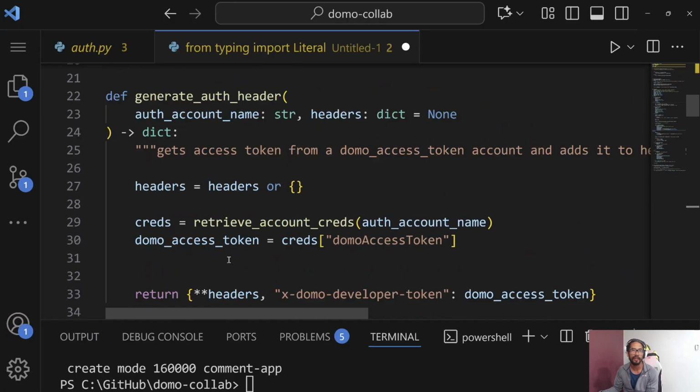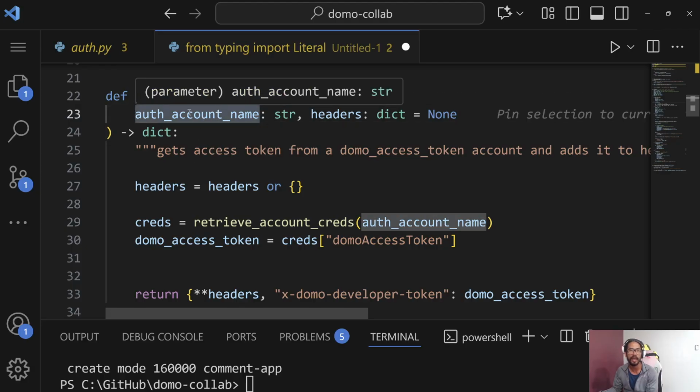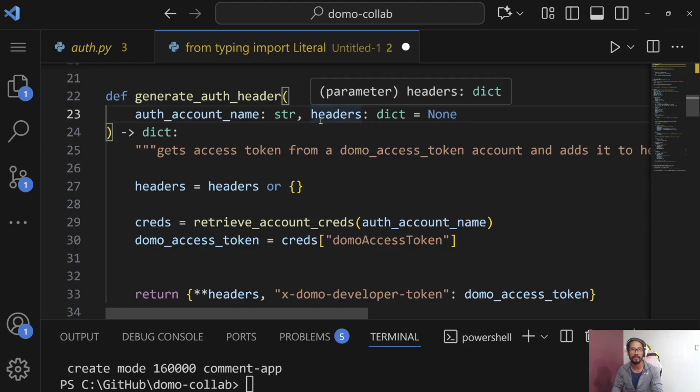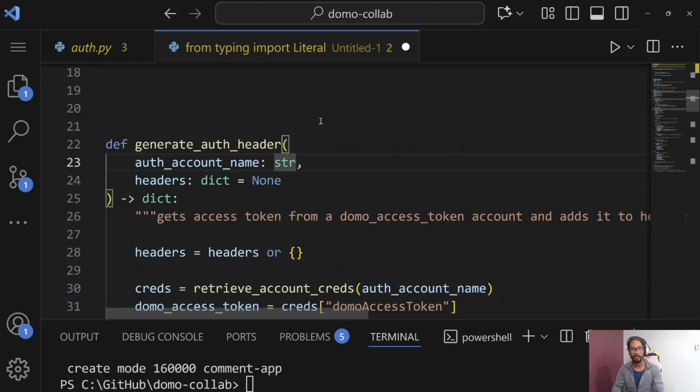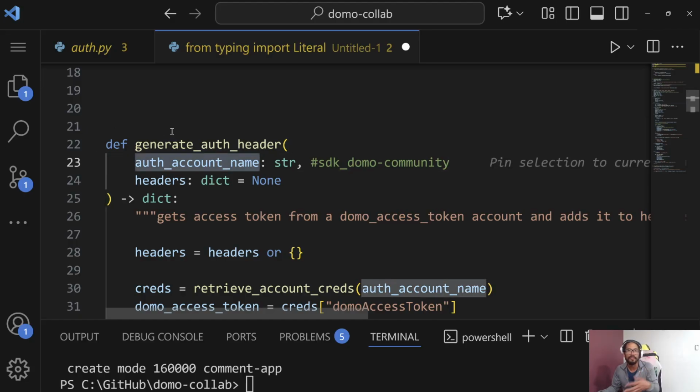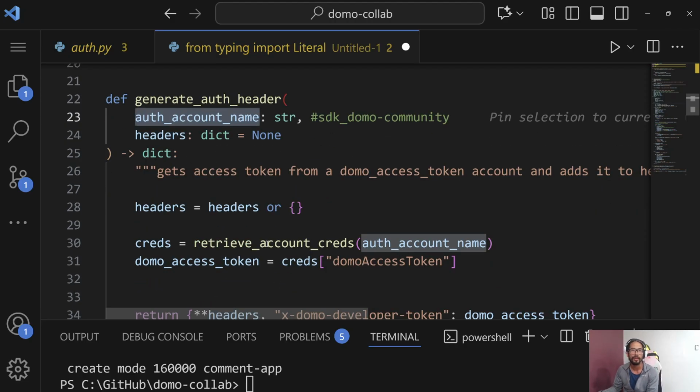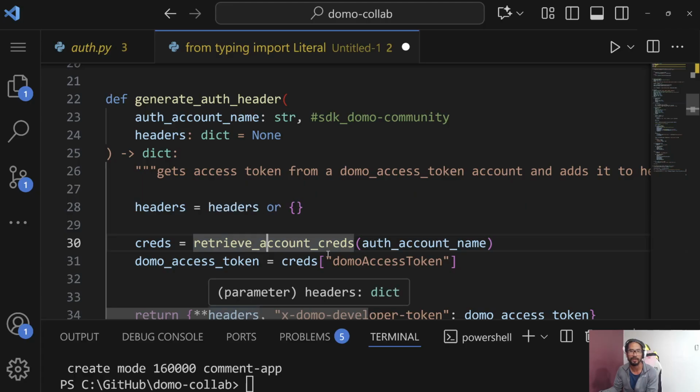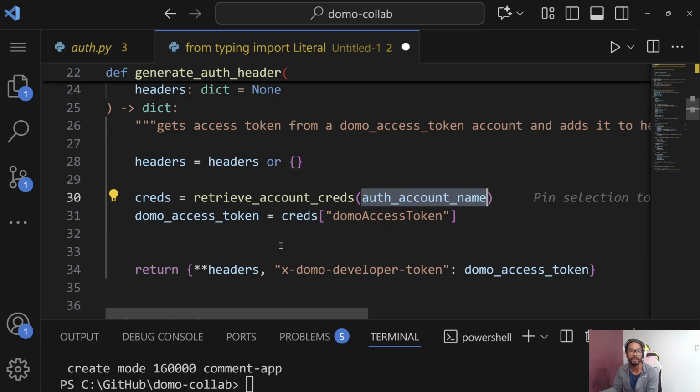How did we handle authentication? So when I call the function generate auth header, if I pass in an account name, remember the account name is going to be something like, then I just need to say, hey, find that account and pull out the access token. So I have a separate function for retrieving account creds because this is a little complex. And then I'll say, oh yeah, just get the Domo access token off of whatever was returned from here, and